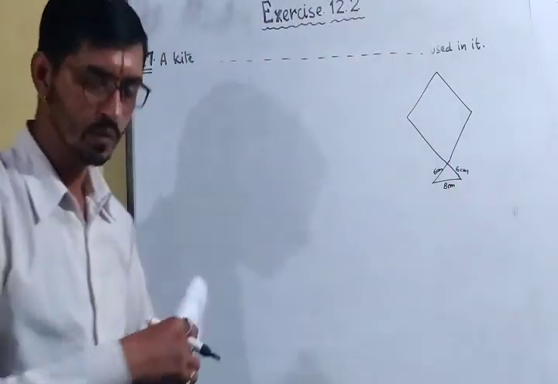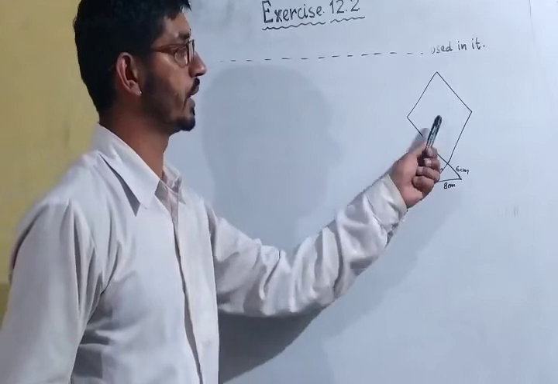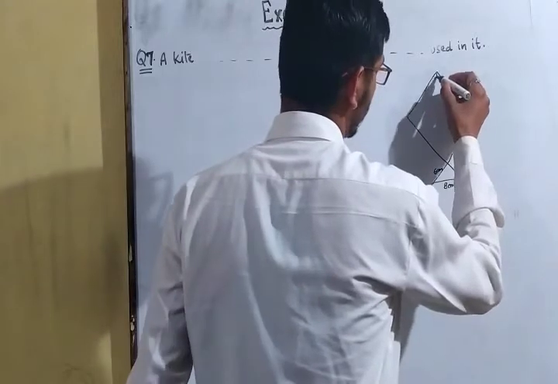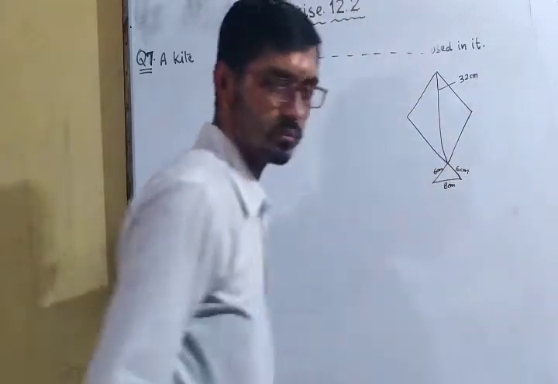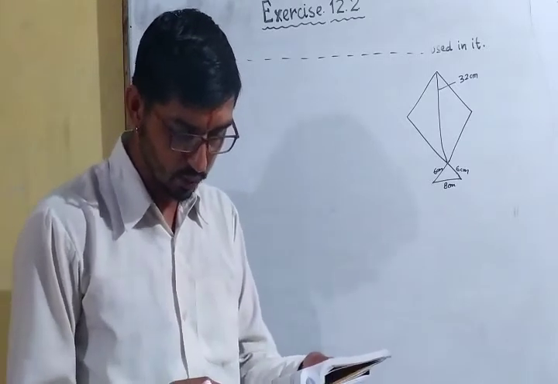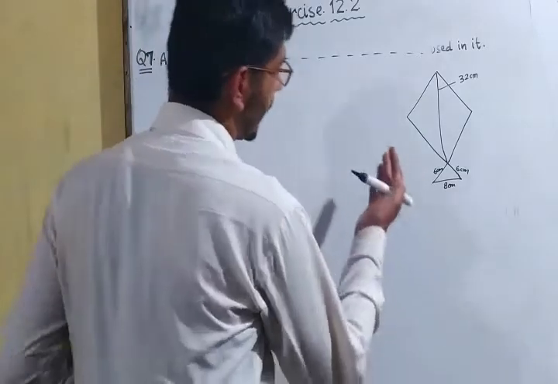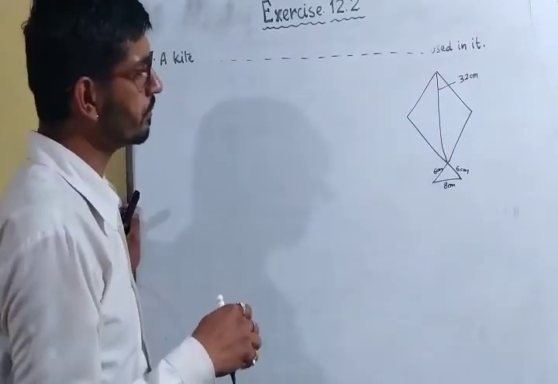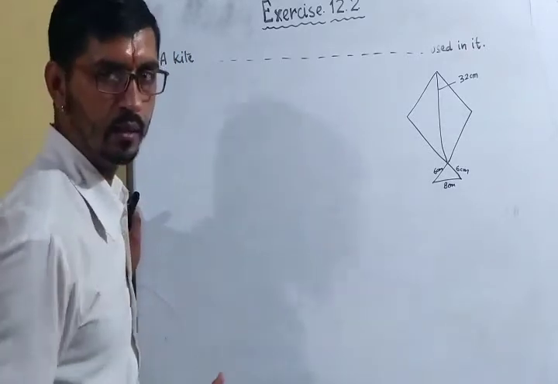It is given. Okay. What they are saying, it is in the shape of a square. That means it is a square. The upper one is square shape with diagonal 32 centimeter. Diagonal is given 32 centimeter. Okay. And how much paper of each side has been used in it? This we have to find, how much paper is used in it. We know that if it is a square, it has a unique property. The diagonals are equal to each other and they bisect at 90 degrees. So you can say bisect at right angles.